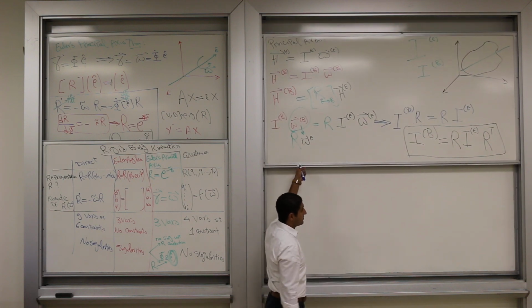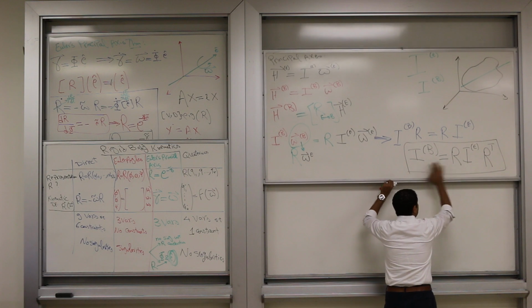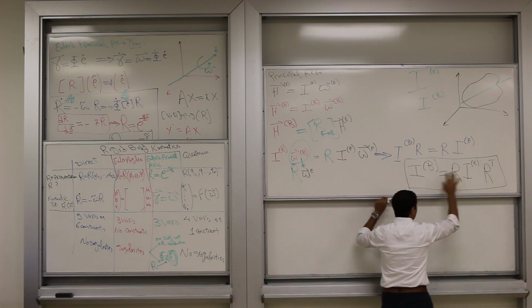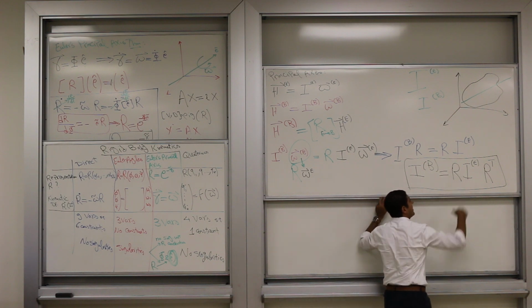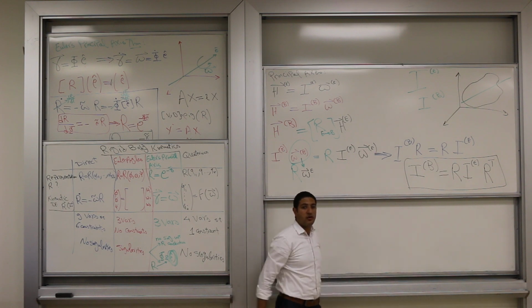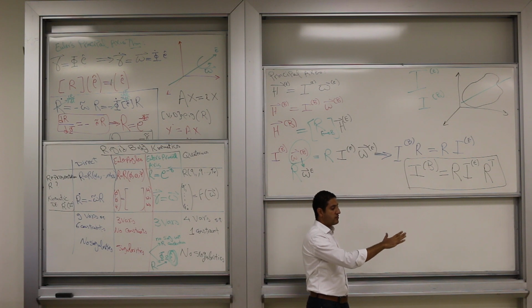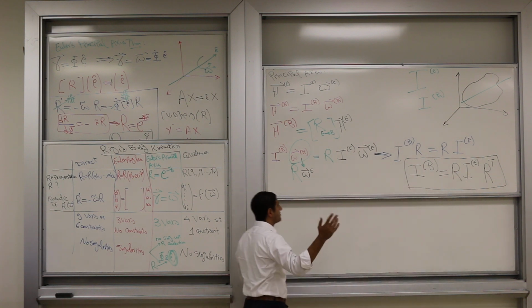And this actually raises a question. If I really changes by rotation, I have I in an old frame, and now in a new frame these two I's are different. In particular, I's can increase or decrease. So the question is, how can the body rotate to attain its axis of maximum inertia? You have some inertia here, and as the body rotates, the inertia changes. What is the rotation that delivers the body from any given inertia to the maximum inertia, the axis of maximum inertia, which we call